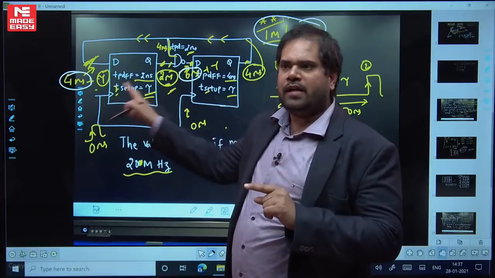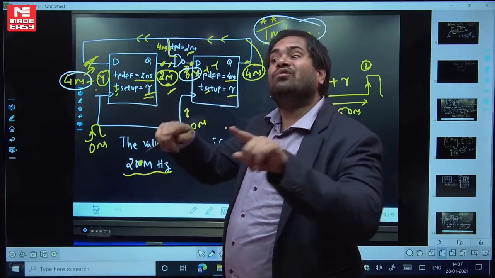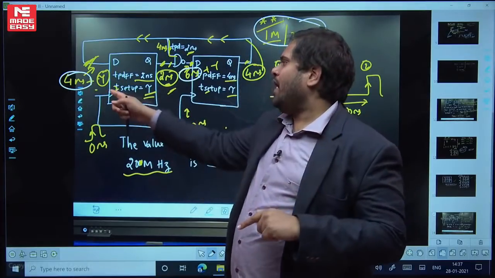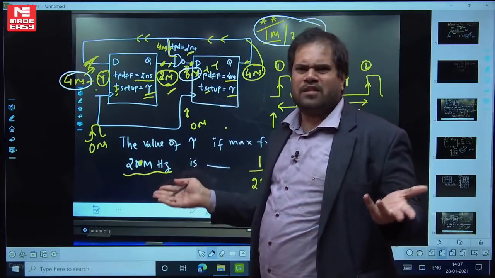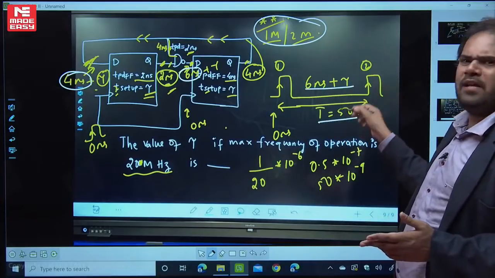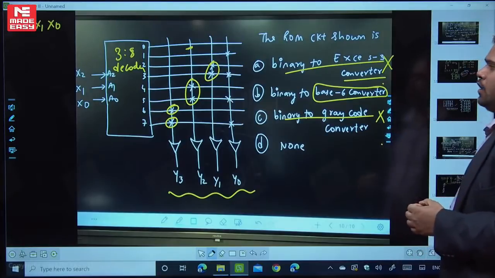ठीक है, दैट मींस ये 4 पे आउटपुट, यहाँ का आउटपुट यहाँ पे आया 4 पे, बट आपको tau वेट करना पड़ेगा टू गिव द नेक्स्ट क्लॉक पल्स। ठीक है, वही सेटअप टाइम है, सेटअप टाइम इज एक्चुअली वेटिंग टाइम। तो tau ऐड कीजिए, यहाँ पे भी tau ऐड कीजिए। वॉट एवर इज द नंबर, यू कैन जस्ट टेक केयर ऑफ द नंबर्स, नंबर में इक्वेशन में क्या है। बट बेसिकली 6 प्लस tau शुड बी इक्वल, दिस शुड बी इक्वल टू T, आप इक्वेट कर लीजिए, ठीक है, राइट।